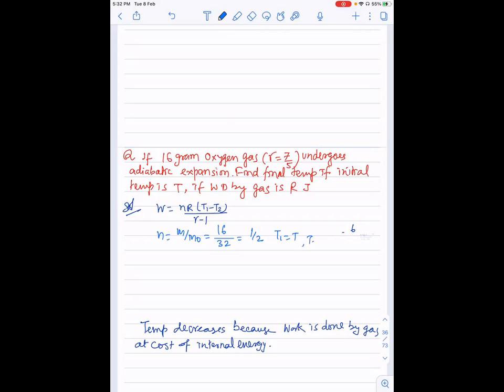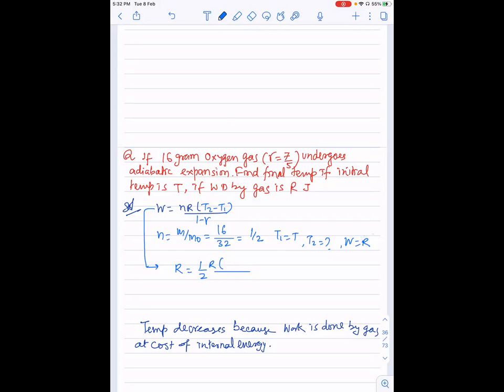T2 निकालना है, ठीक है, and W is given R and gamma is also given, इसमें values put कर सकते हैं हम, R joules, n is 1/2, R as it is, T1 is T, T2 calculate करना है, अच्छा यहाँ पर मैंने formula change कर दिया था, T2 minus T1 है ना, नीचे 1 minus gamma है, तो T2 minus T1 upon 1 minus gamma, इसको हम side change कर सकते हैं, gamma को पहले लिख सकते हैं तो T1 पहले आ जाएगा, तो books में they write T1 minus T2, but we are just not changing the side, we write like that, जो हमने derive किया वही